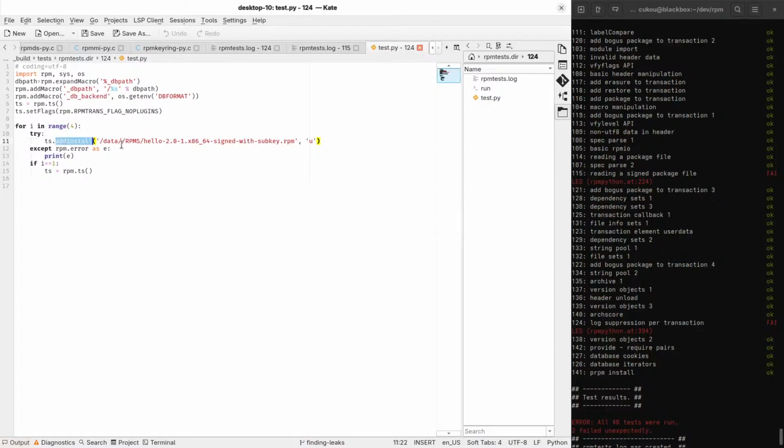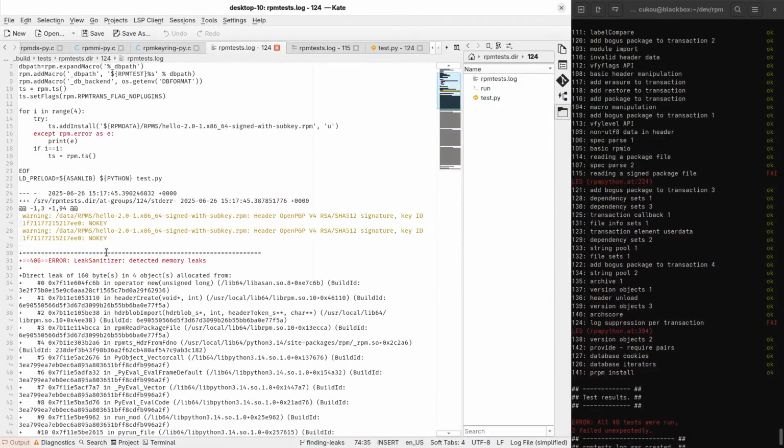We'll add some RPM to a transaction. Yeah, transaction set, I guess. And if there's an error, it will print the error. And if i equals 1, it will make a new transaction. Okay.